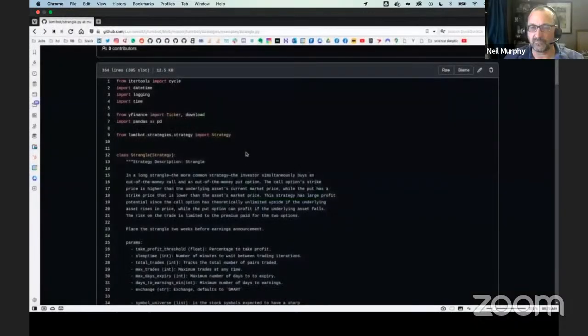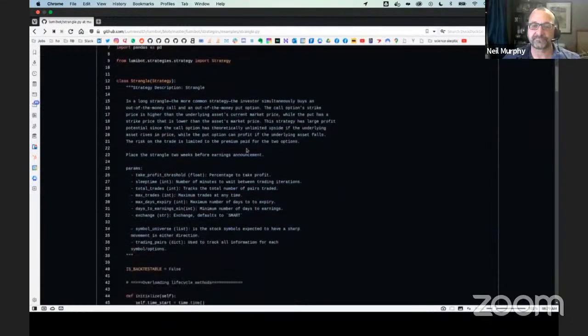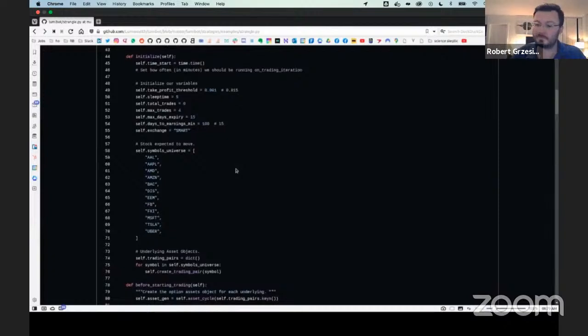So I'm going to go through reasonably quickly here and just have a quick look at some code. This is the code that's going to run the strategy. It can be found on our GitHub site, and it's under strategy examples, and it's the strangle strategy. Here's a description of the strategy. We initialize our variables. These are the stocks that we're going to use. All of these are going to be customized to the specific strategy, and you can set it up any way you want. I'm not going to lie, when you do option strategies, it's a little bit more work than when you're doing trading just sort of stocks, or doing an RSI, or a simple moving average or something like that, but it's worth it.